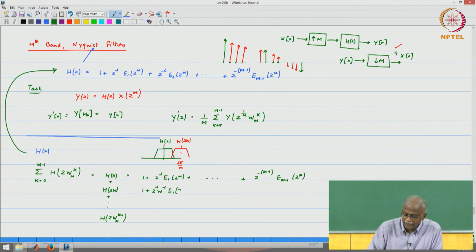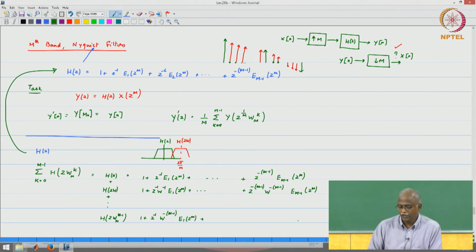So this remains as z power m. Likewise, this becomes z power m minus 1 w minus m minus 1 E m minus 1 z power m. Okay. Now please go through and write down the expression for the last one, 1 plus z inverse w minus m minus 1 E1 z power m